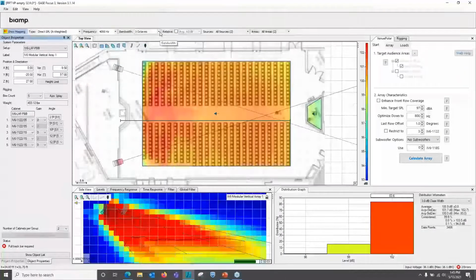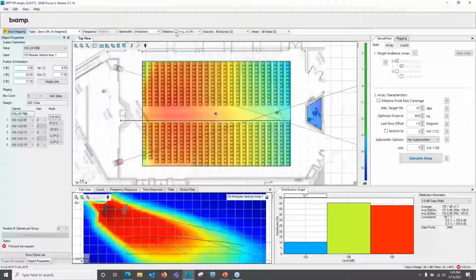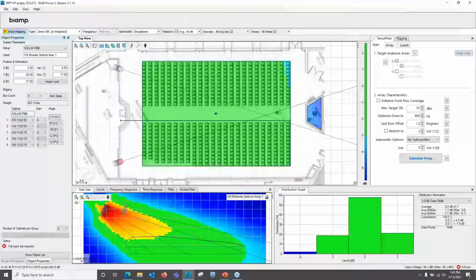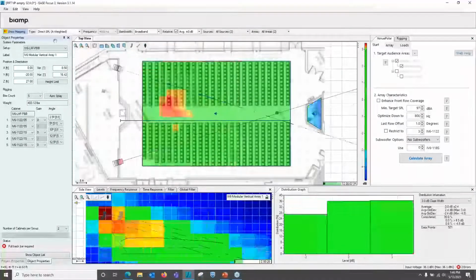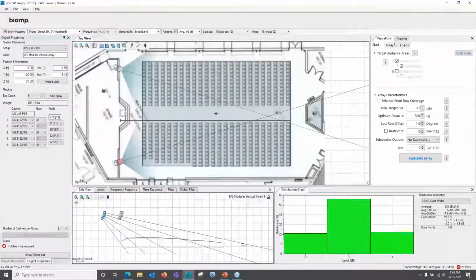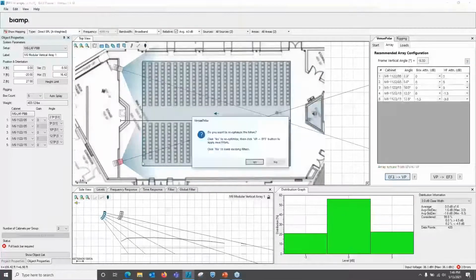Let's look at our broadband coverage, both arrays operating: generally plus or minus 3 dB SPL through the whole space. The sound guy's not hearing too much back here. Sound person, as it may be. We did not include that in the calculation originally. And it's grayed out up here in the box because the selected array doesn't actually intersect that point, so it can't consider it. So if I intersect this just a little bit with the array,